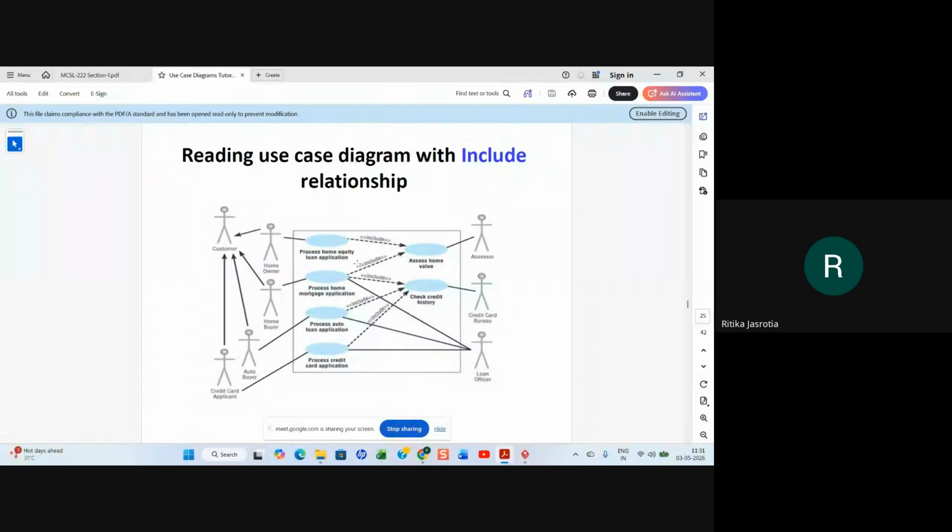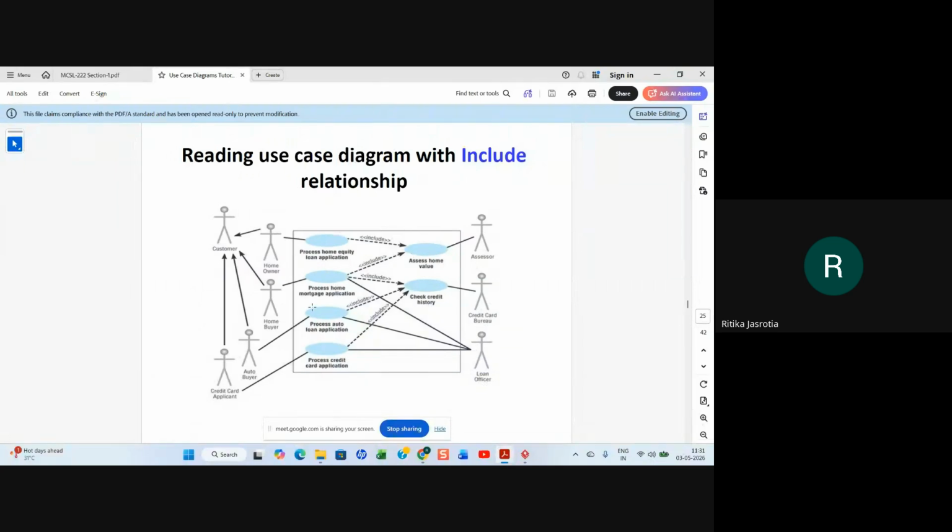Now, process home equity loan application, which is done by the homeowner, will include assess home value by the assessor, and process home mortgage application will also include assess home value by the assessor. So both these processes will include this.